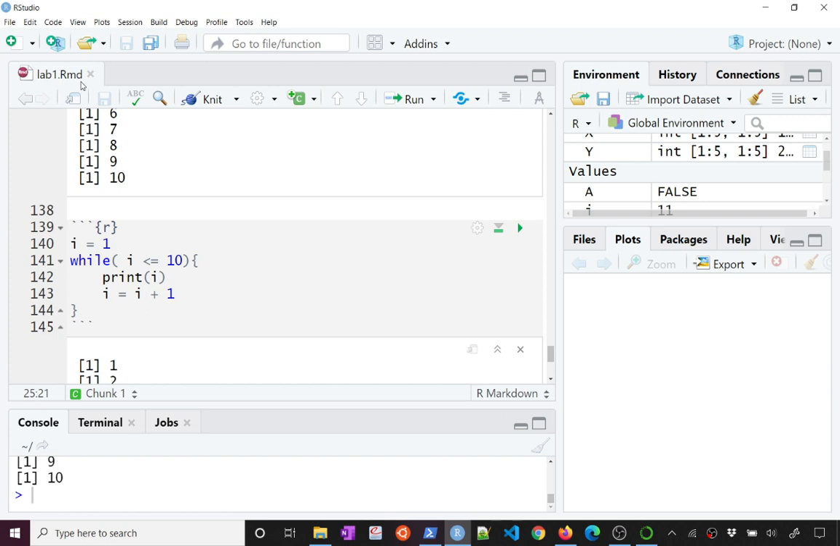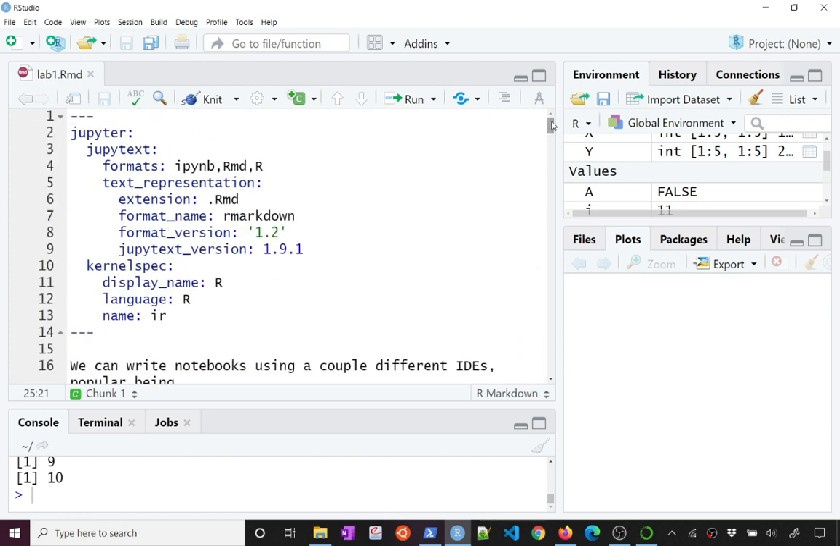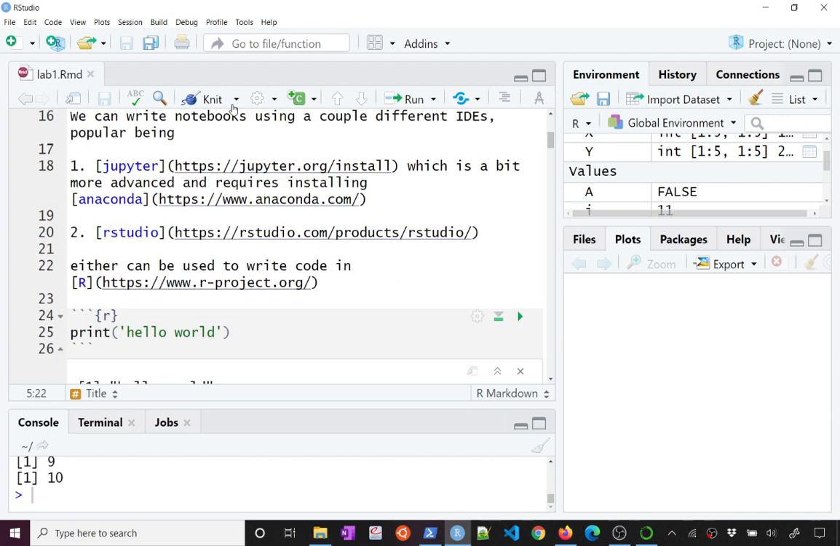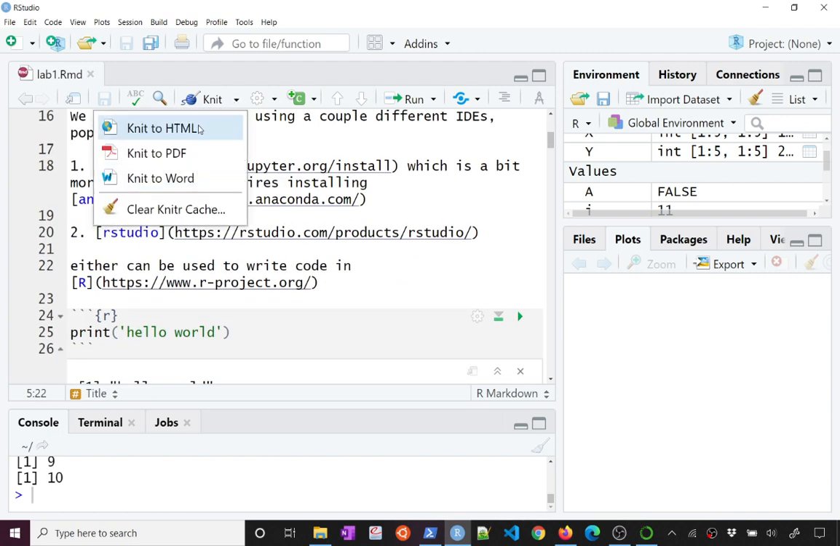So I've used RStudio in the past. It works pretty well for students. I think there are some advantages to Jupyter. So I'll provide everything both as an R Markdown and as a Jupyter notebook for everyone. In addition to displaying the results in the editor, you can also